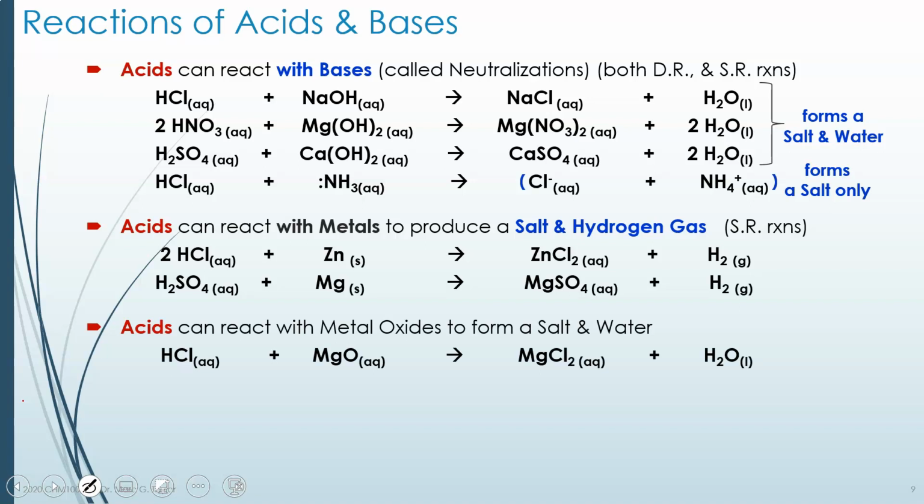And we have a new set of reactions that you haven't seen before. Acids can react with metal oxides. Metal oxides you can think of as kind of disguised versions of metal hydroxides. In fact, many metal oxides, the second you put them in water, will become metal hydroxides. They're that reactive. So here's a metal oxide, magnesium oxide,